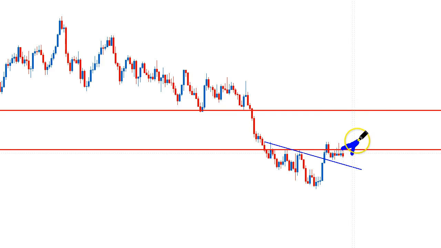If it does break out of this little range to the upside, it could get up here very quick, because often when ranges that are this tight break out, there's a serious explosion. The price from this bar to this one is about 300 pips. So it could cover 300 pips in just a few days, and that would be something that you definitely want to be ready for